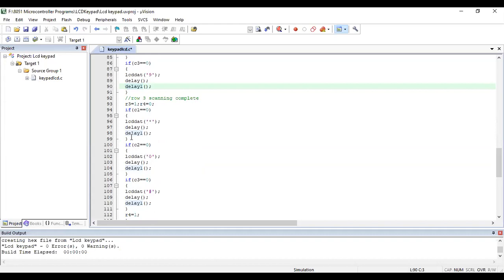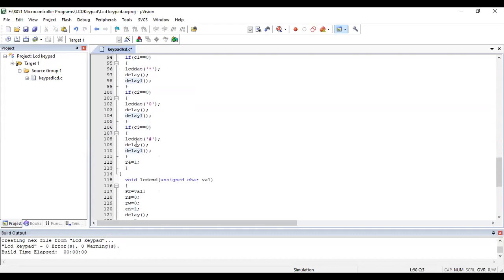And when C2 equal to 0, it should display 0. And when C3 equal to 0, it should display hash. So when you are calling LCD data, you have to introduce some delay. You have to give some time to the LCD. So row 4 is completed. R4 you should make as 1, that means you should connect to the VCC.